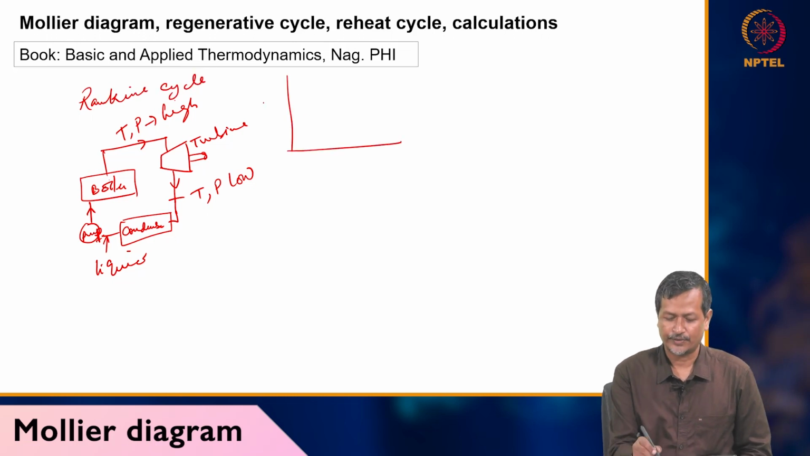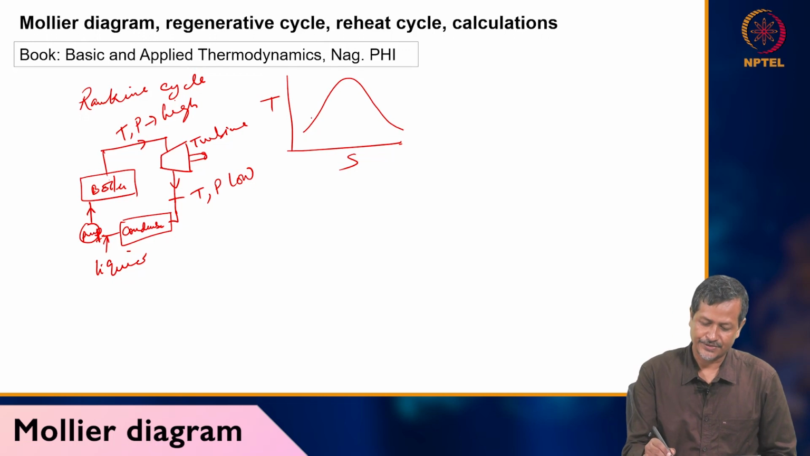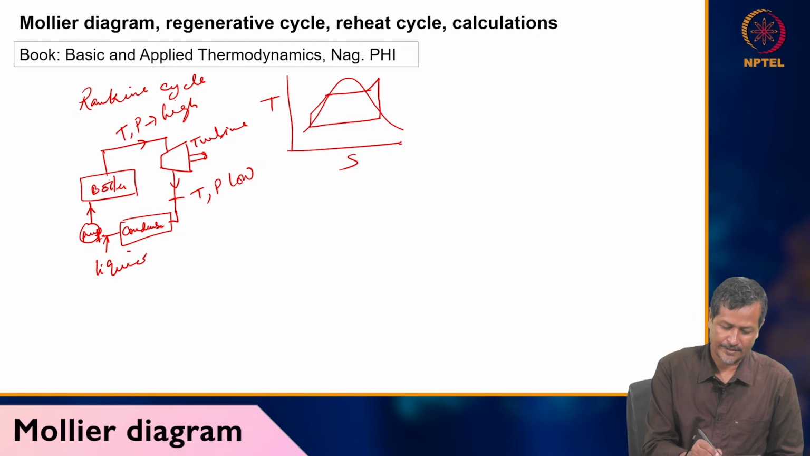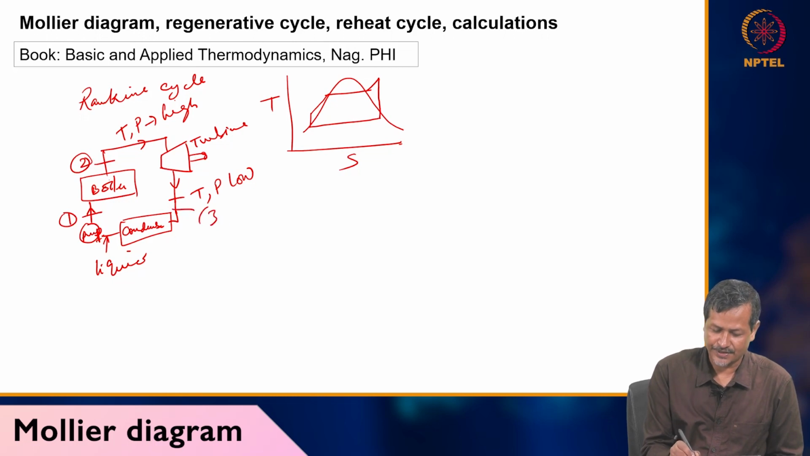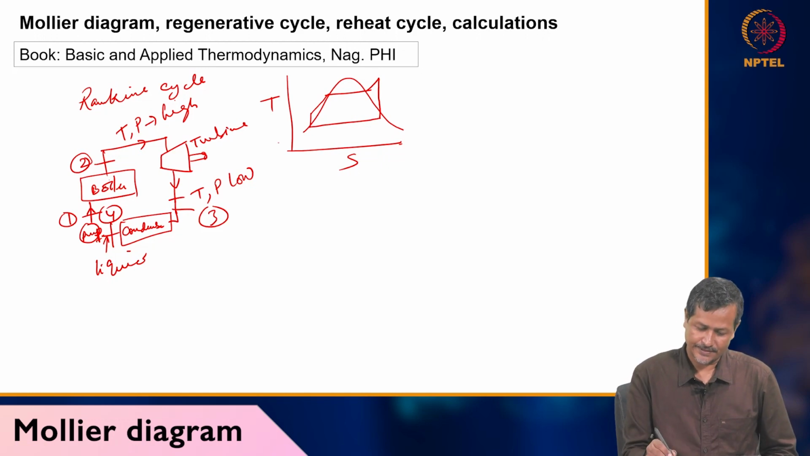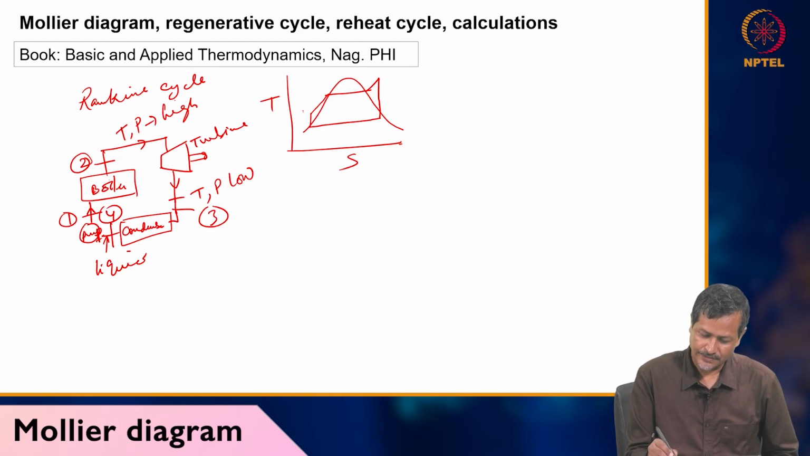Okay, now if we want to represent this one in TS diagram, first we have to draw this saturation curve. Now boiler section will be like this, it will go down, then again it will be going like this. I have to put some numbering. Let's say before boiler it is 1, after boiler it is 2, then after steam turbine it is 3, this is 4. So this is 1, this is 2,